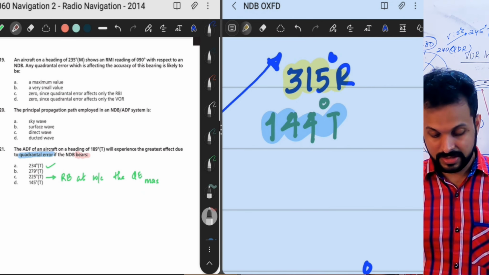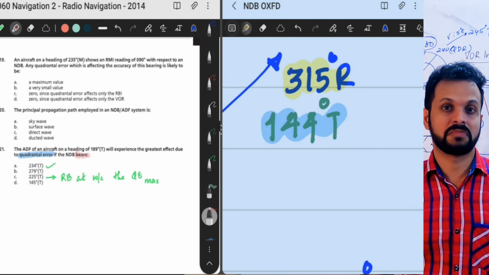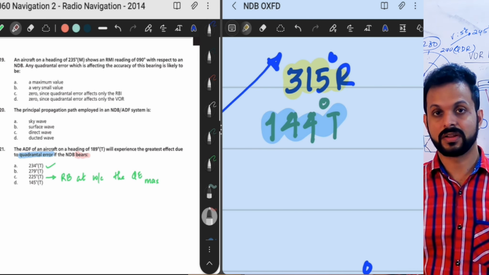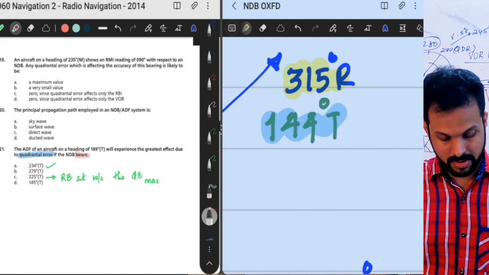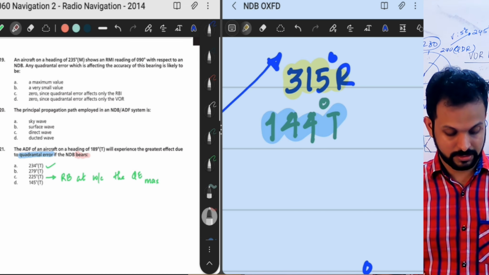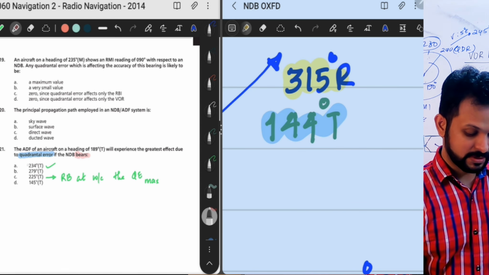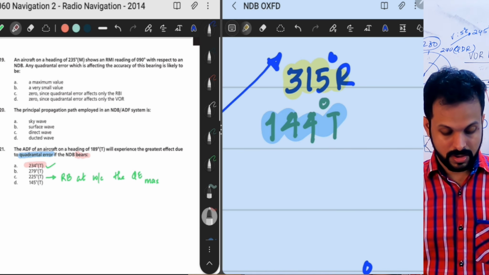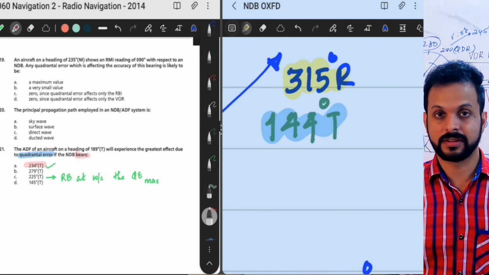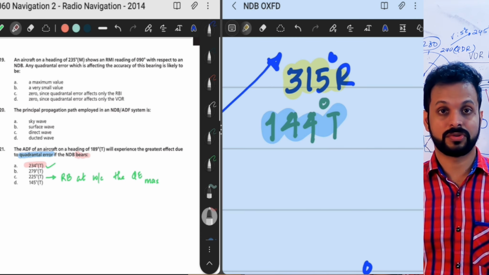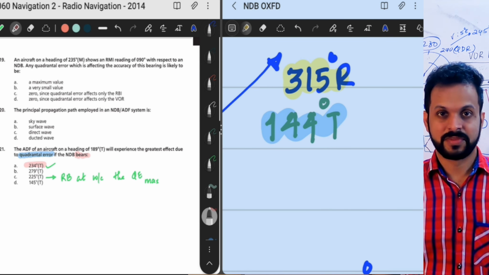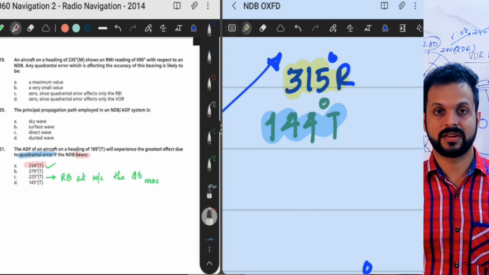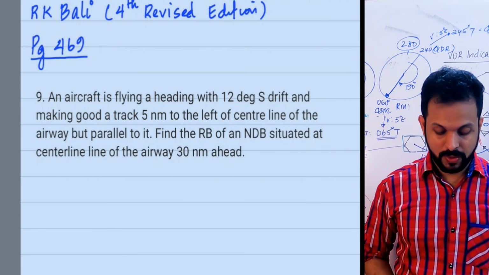Now having said that, even at 145 the error is going to be pretty high, because 144 is going to be maximum. So 145 would not be a wrong answer if 234 was not there. So as of now, Alpha is definitely the answer. This Alpha is the bearing at which the quadrantal error would be maximum if the aircraft is at a heading of 189 degrees true. Pay special attention to options Charlie as well as Delta. All right, I hope this question is pretty much clear to you. Let's now go into a different kind of question from NDB itself. An aircraft is flying a heading with 12 degrees starboard drift and